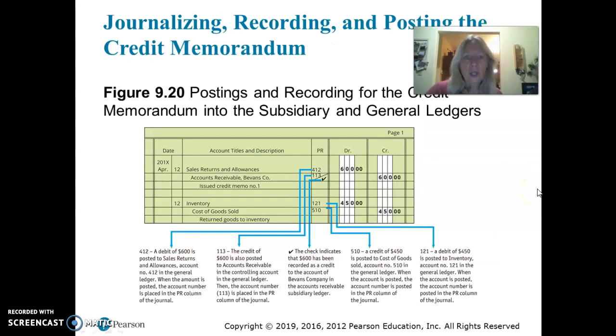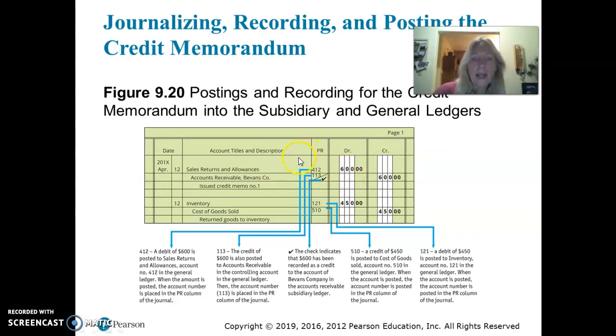Okay, so the same thing happens here. If you have to do sales returns and allowances, remember the little check just means that you put the entry into the subsidiary ledger. So this guy brought back a $600 suit or some kind of clothing that they bought,